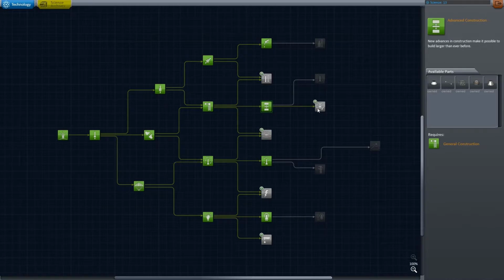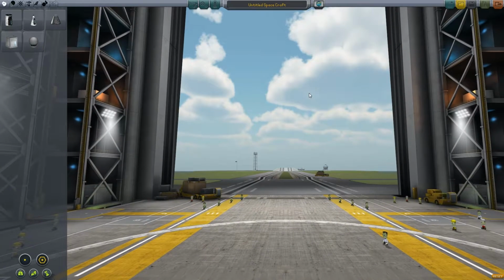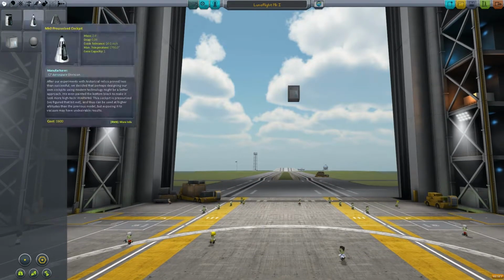So, done. For good or for ill, we're going to do this. Alright, so for the next part of this, it's going to be a design complete from scratch. The Munar attempt, Munar, let's call it the Luna Flight Mark 1. Just to go with a different name, we're going to go a different probe core here with,